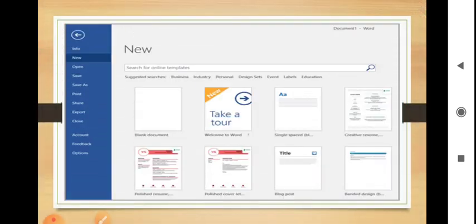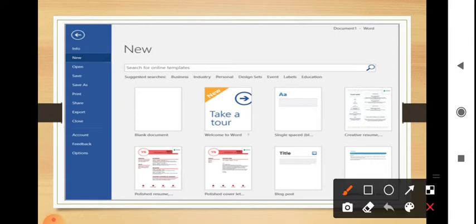See, new blank document. Here you can write whichever letters you have to write, like business, industry, personal, event, labels, education. So there are many types of letter formats you can get from here.